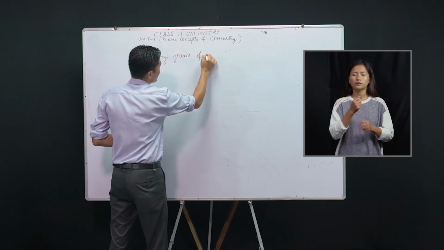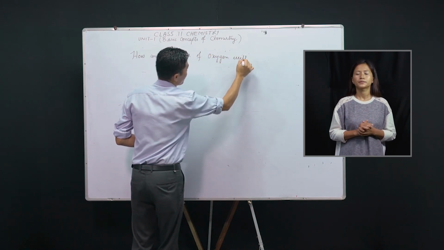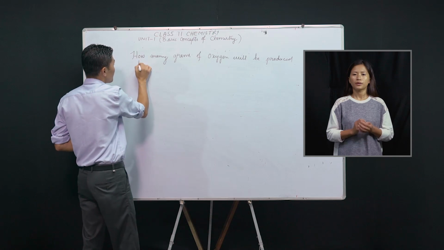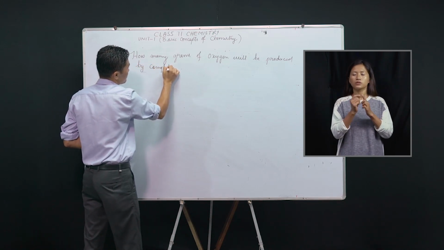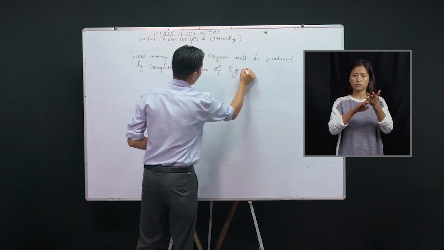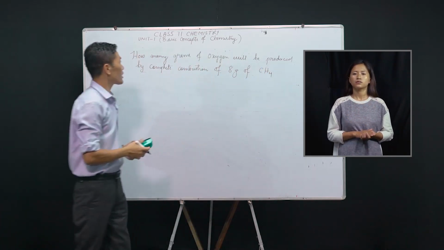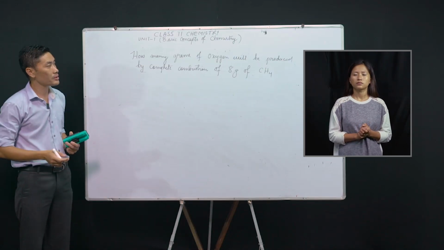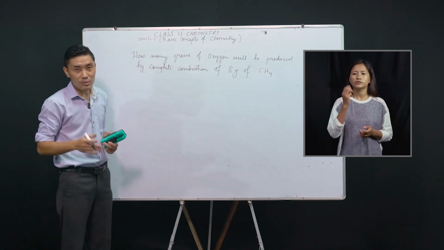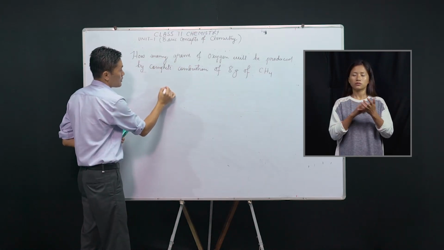How many grams of oxygen will be produced by the complete combustion of 8 gram of methane? Now, to find this, first we need to write down the balanced chemical equation. The balanced chemical equation for combustion of methane will be CH4